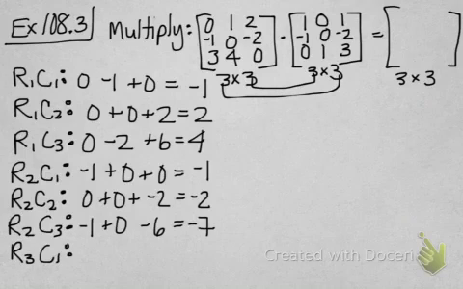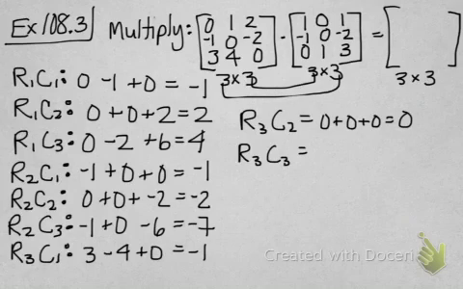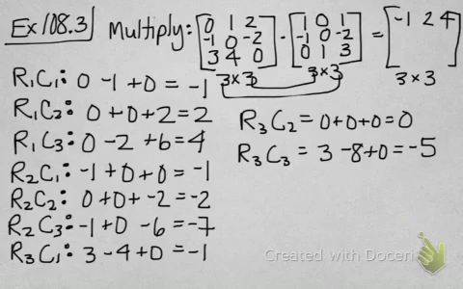And row 3, column 1. 3 times 1 plus 4 times negative 1 plus 0 times 0 is negative 1. Row 3, column 2. 0 times 3 plus 0 times 4 plus 0 times 1. So we get 0. And row 3, column 3. 3 times 1 plus 4 times negative 2 plus 0 times 3 gives us negative 5. The last step is to just put everything in its place. And you can do it as you go along too. So negative 1, 2, 4,